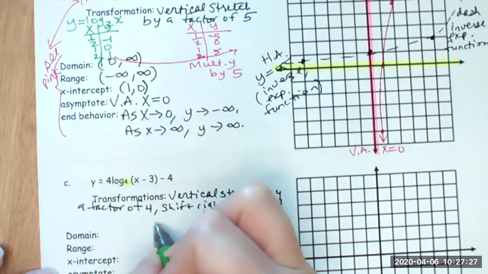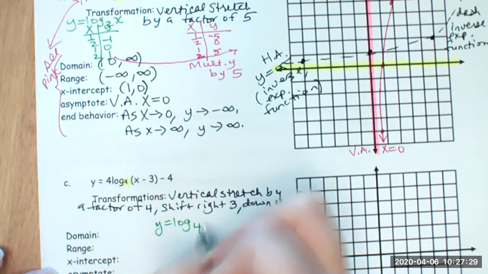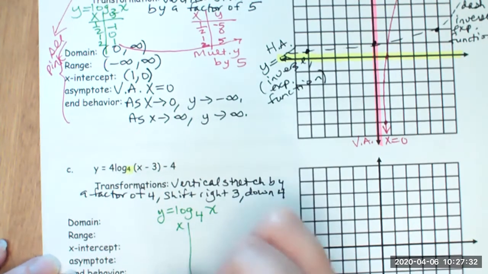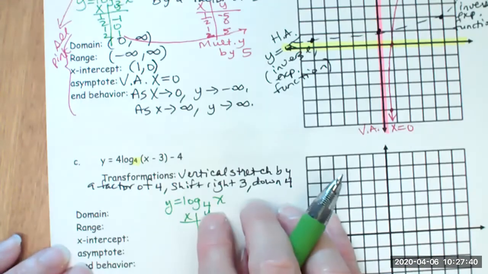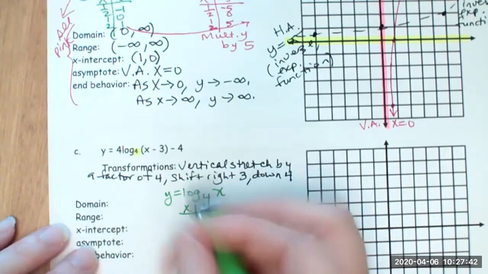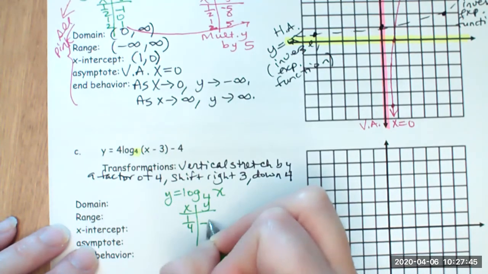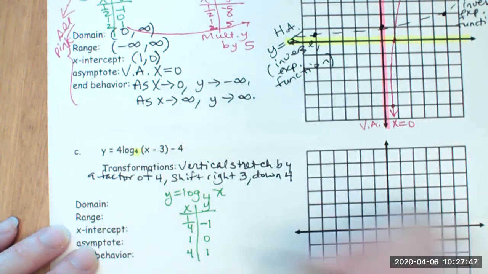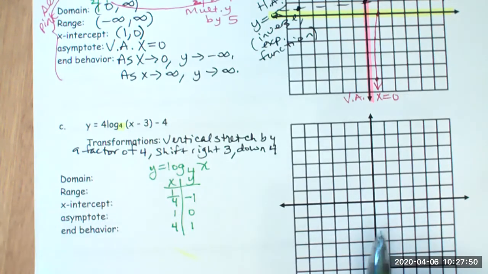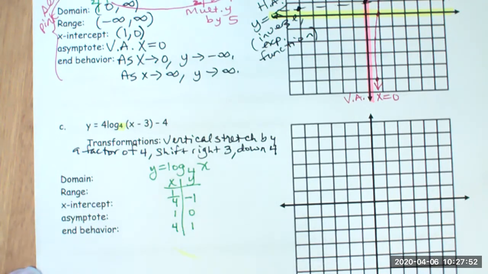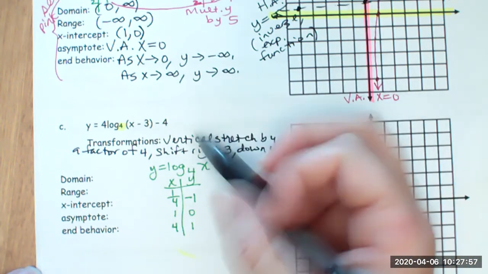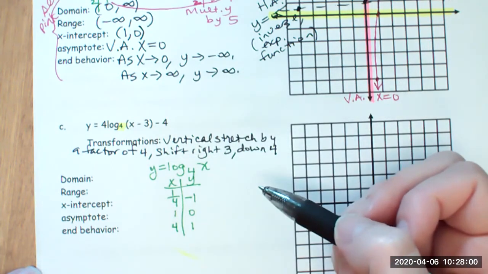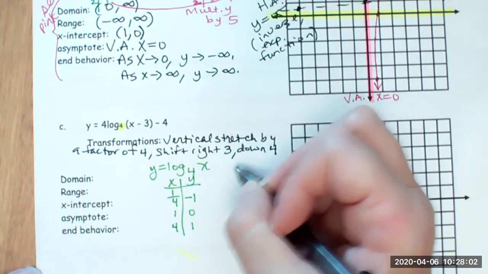So I'm going to write y equals log base 4 of x. And so when I make that parent table, I'm going to still use the 1 over b, negative 1, 1, 0, b, 1, but that b now is 4 instead of 2. So I'm going to do 1/4, negative 1, 1, 0, 4, 1. All right. Now there's going to be several calculations that I'm going to have to do to get to the graph that I want, because we've got 3 different transformations going on here. So you want to make sure that you process all of those,